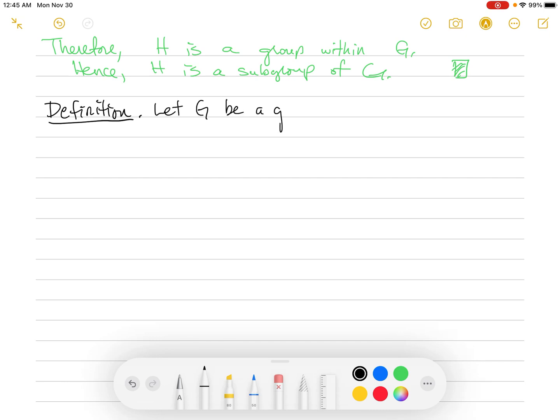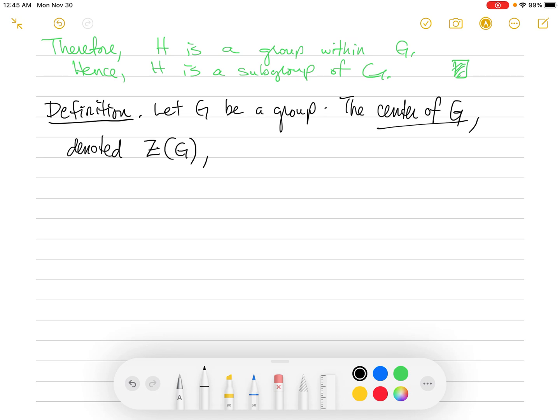It's practically the same thing. So a definition: let G be a group, the center of G, that's what we're defining, denoted Z of G, is defined to be,